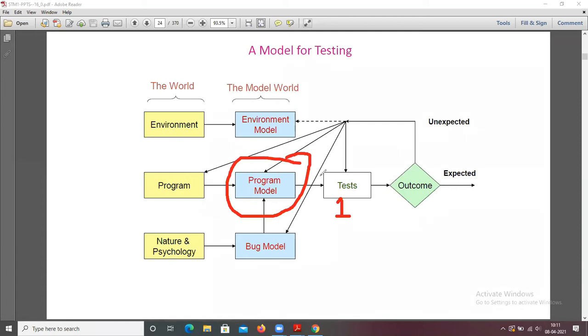When it is tested, if the outcome is accepted, we get the expected result, and there is no need for any improvement of this program. If we get any unexpected result, then you are going to check and modify the program, and again you are going to test the program.